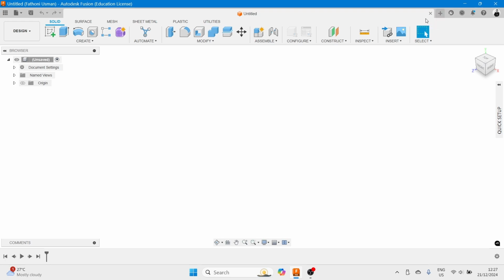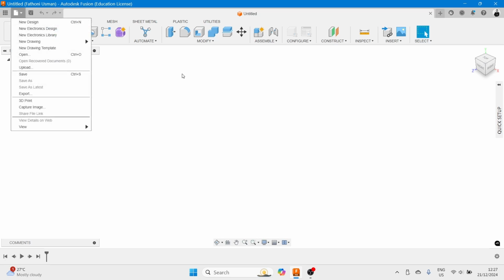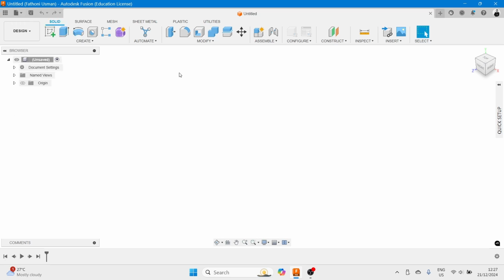And then if you want to create another design, you can press this as well, or you can create a new design here, Control N. Okay, currently it is untitled. I haven't saved the model. And then under the